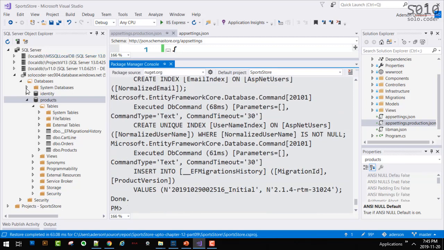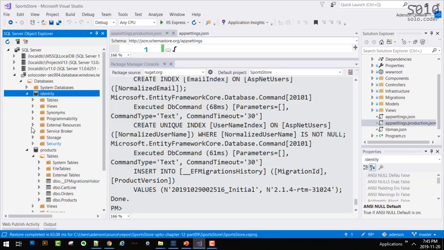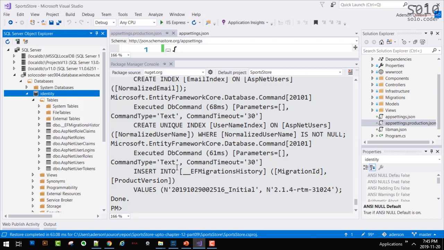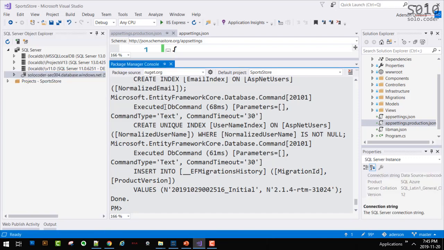And now, if I refresh identity, the tables, I should be able to see all the user roles, all those tables there. See? All there. All of them there.